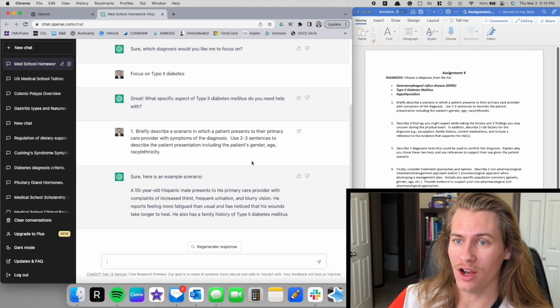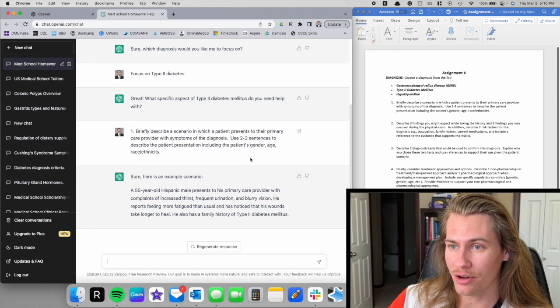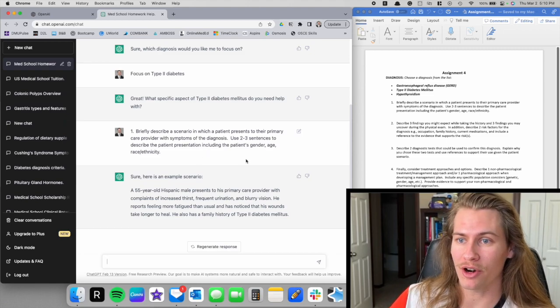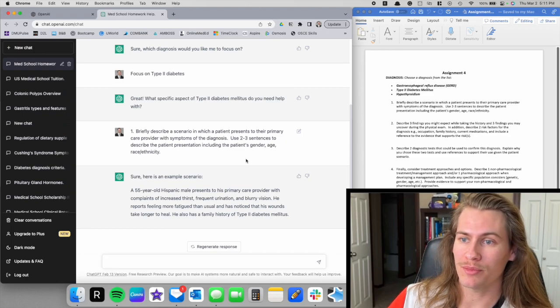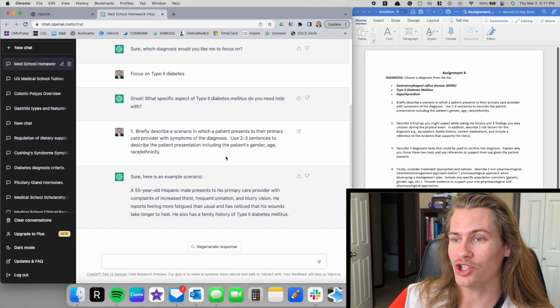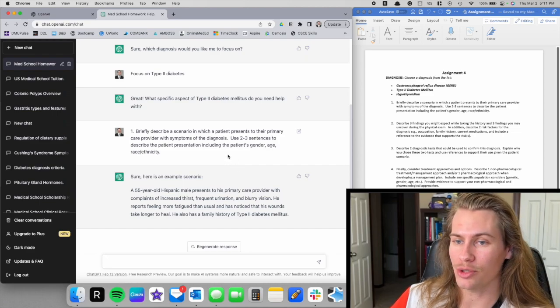So in this case, we were told to briefly describe a scenario in which the patient presents to their primary care provider with symptoms of the diagnosis of type 2 diabetes. And we're supposed to use 2 to 3 sentences to describe the patient, including the patient's gender, age, and race or ethnicity. So ChatGPT gave us a 55-year-old Hispanic male presents to his primary care provider with complaints of increased